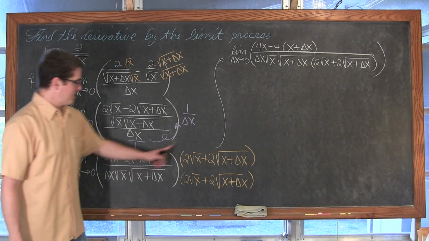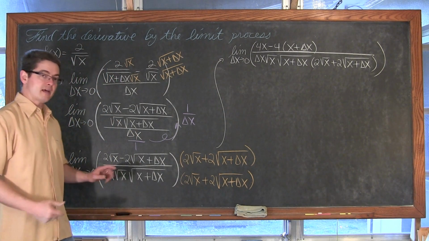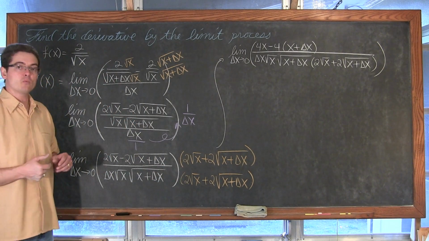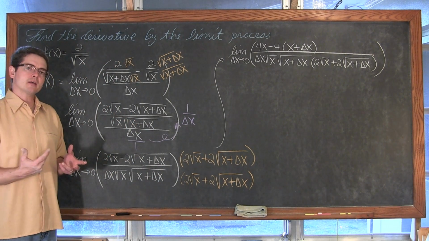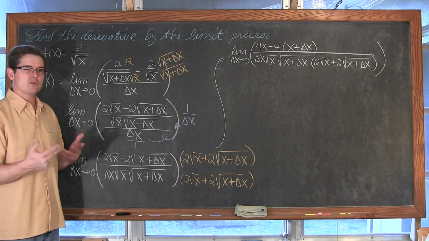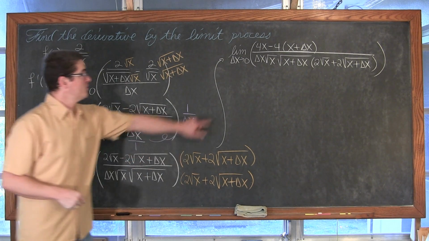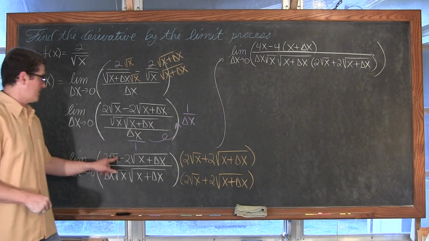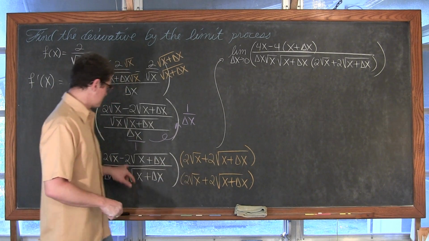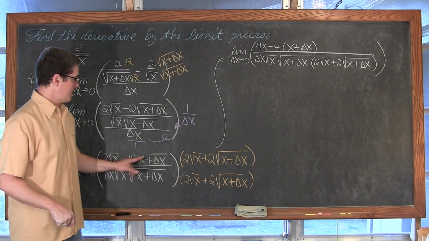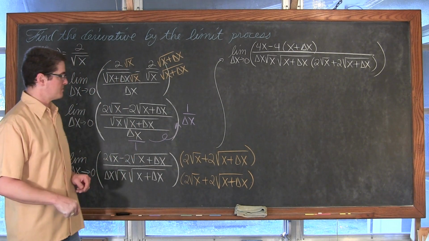So we've multiplied by that conjugate, which of course is that a minus b times a plus b pattern, the difference of squares pattern when you're factoring. So I know I'm not going to have that middle term. Usually you get a trinomial when you multiply two binomials. So we have 2 times 2, which is 4, and the square roots cancel out on the x. Same thing happens over here. Negative 2 times positive 2 is negative 4 times, again, that radical cancels out, and we get x plus delta x.